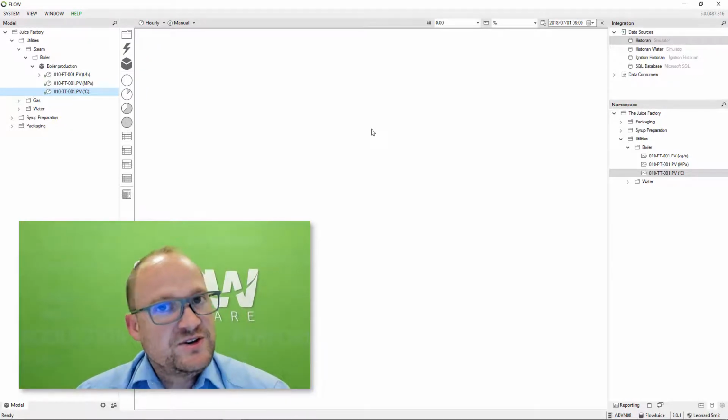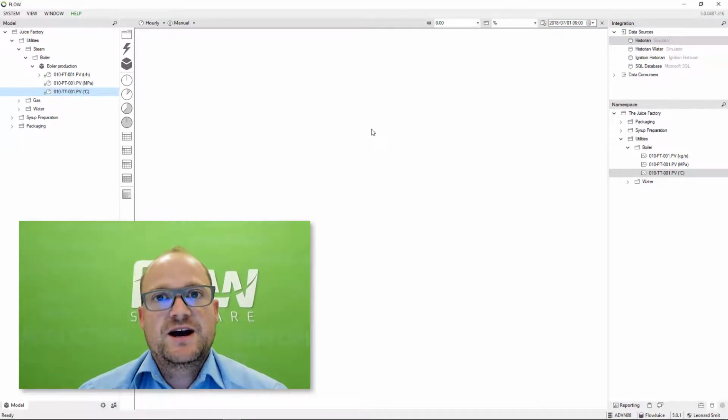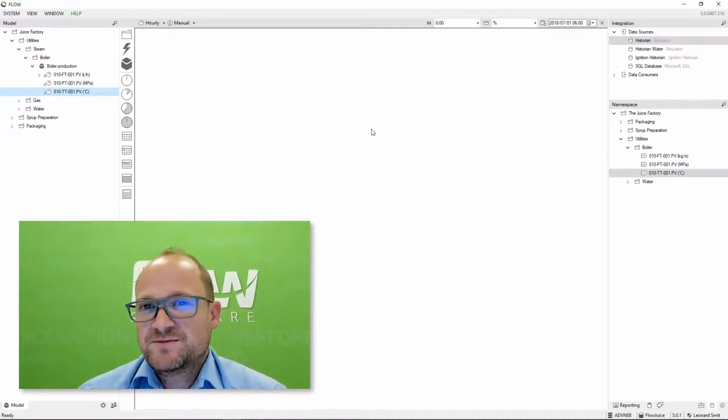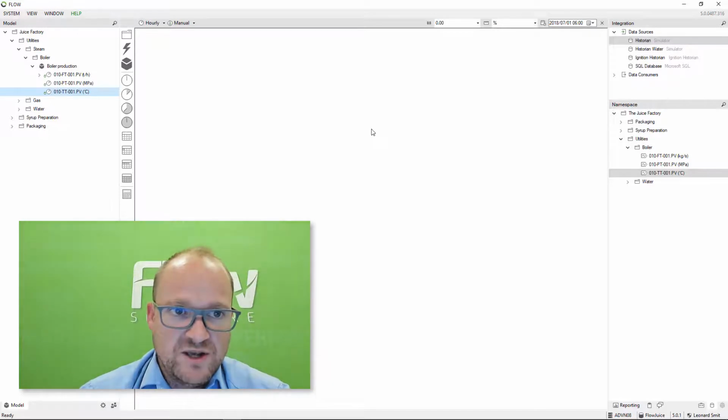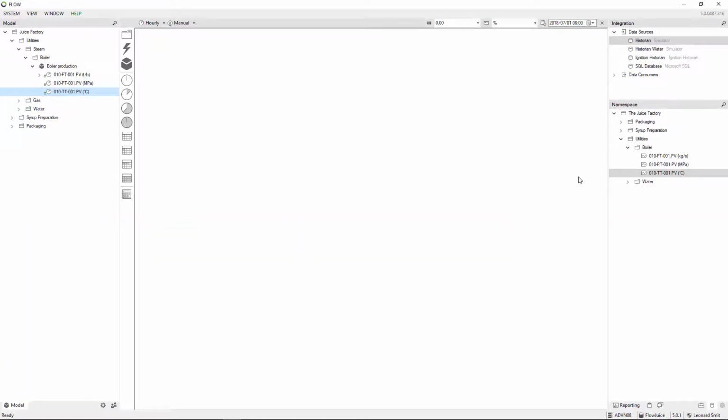But what I'm actually interested in is to know, well, that's great. I know what the total steam production for the hour is, but how efficient is my boiler actually doing that? Now what we can do in Flow is we can add a manually entered measure to the equation. Up until now, I've dragged my raw tags from a historian data source, so it's automatically captured the data from